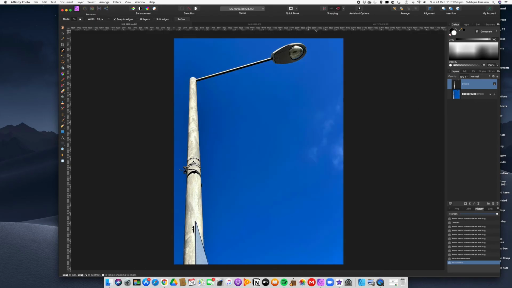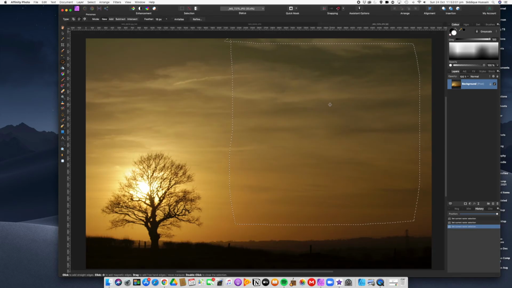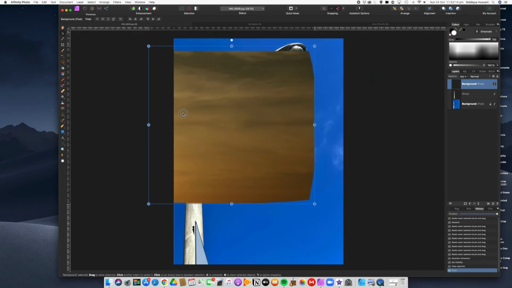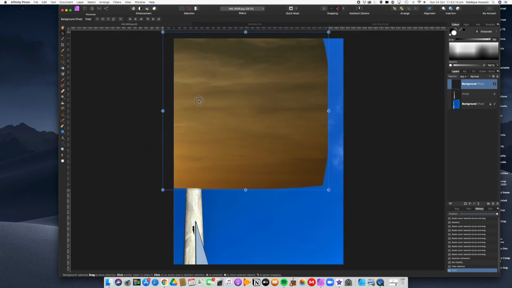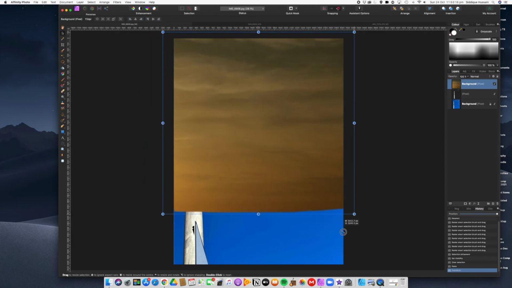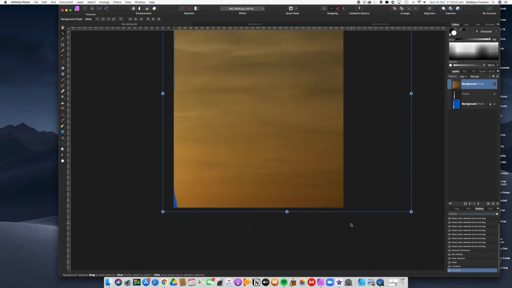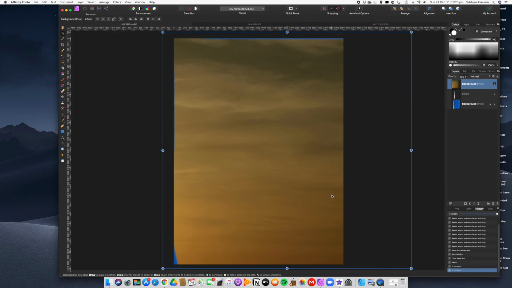So now when we go to that image here, we've got this selected again. We'll do Control C to copy, paste it as we did before, Control V, move that sky across, make it fill the whole thing. Ooh, just need to move that up a little bit. That's it. Now that it fills the whole